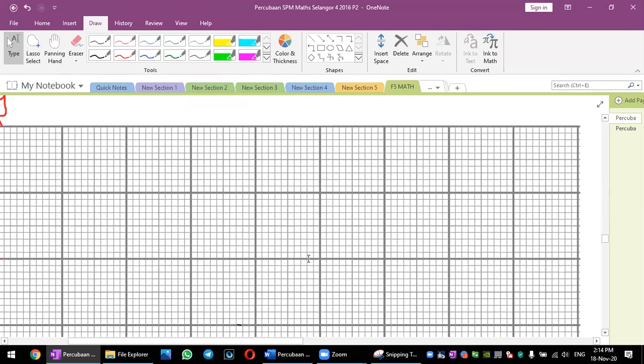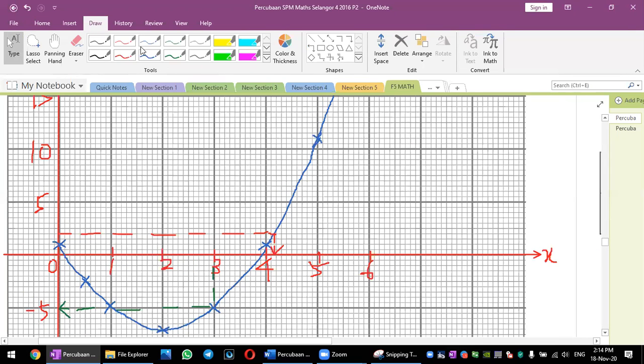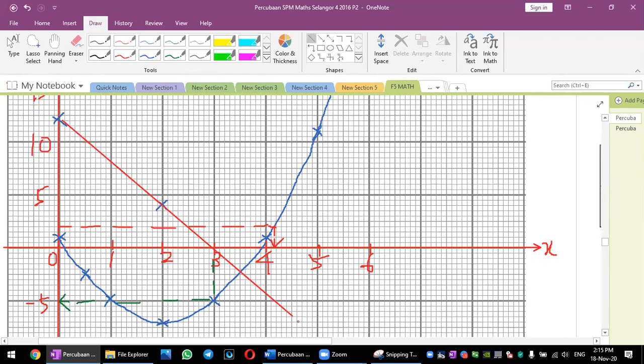Mark on your graph. 0, 12, 2, and 4. So 0, 12, 10, 11, 12 sini. 2 and 4. So when 2, 4. Ini 5. So 4 sinilah. 2 petak di bawah. Then you join the line together. You join the 2 points. And then draw a straight line. So now you will have